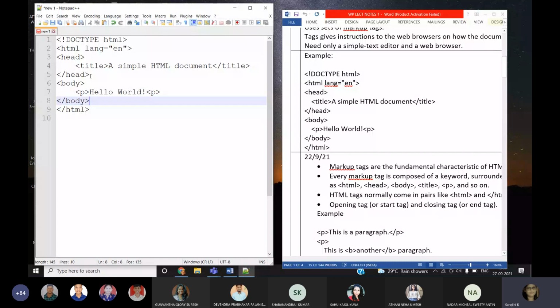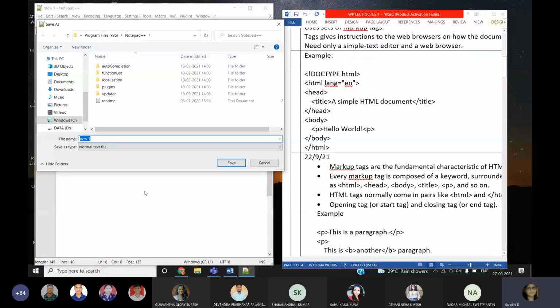You can save the program by pressing the Ctrl S shortcut key. If I press it, you can't see now. See here, this is a save button. There are many ways to save the program. When I click the save button, okay, the save as window got open. Now here, this is a text box where I have to give my file name.